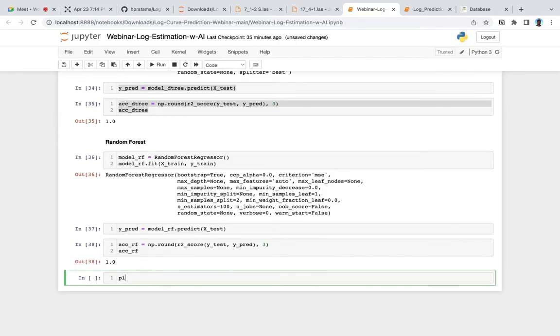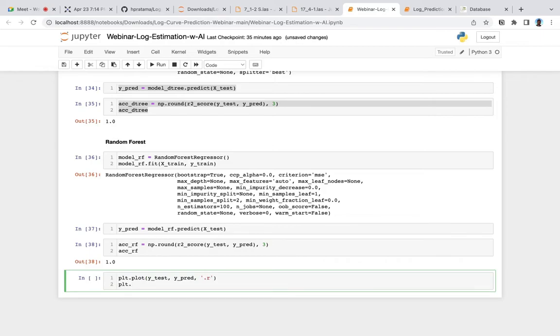And for plotting, we can also do some plotting here. Plot the true one, which is the Y-test, and then the predicted one, which is the Y-pred. And then we want to color it red and label it true.